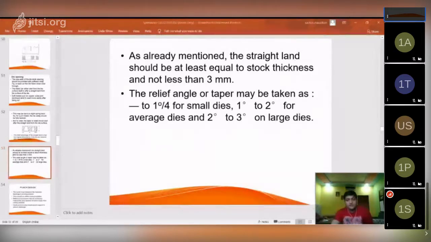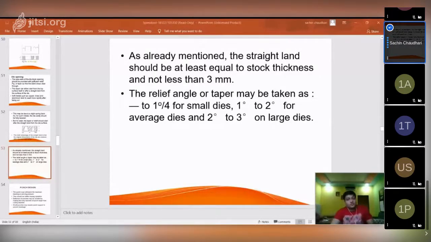Okay, and if you are going to use hardened steel, then it depends upon the height of your straightened land. Okay, just remember this, I forgot to add these two sentences in the slide. So whenever you are going to use a softer material and you want to give the relief angle from the top end of the die opening, then the angle should depend upon the height of the block. Okay, the formula is given, theta should not be less than arctan delta by 2h, guys.